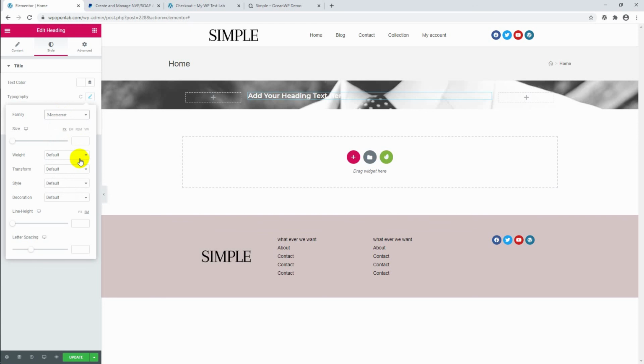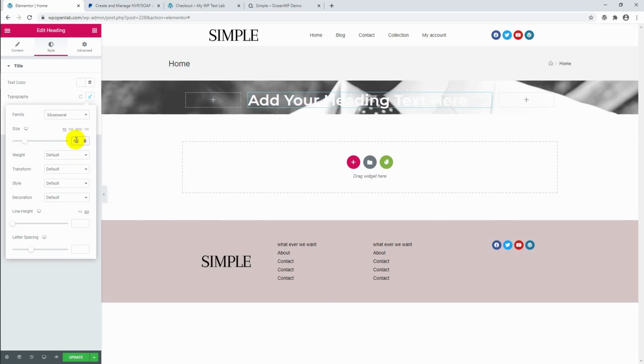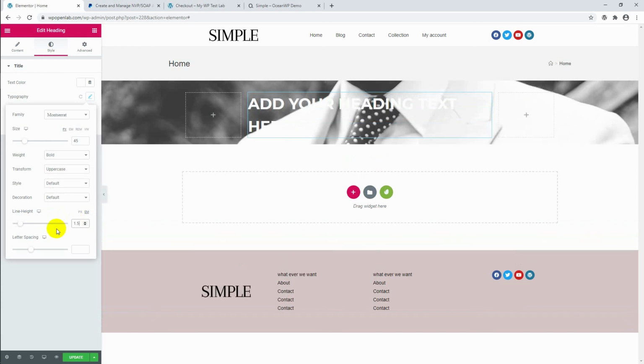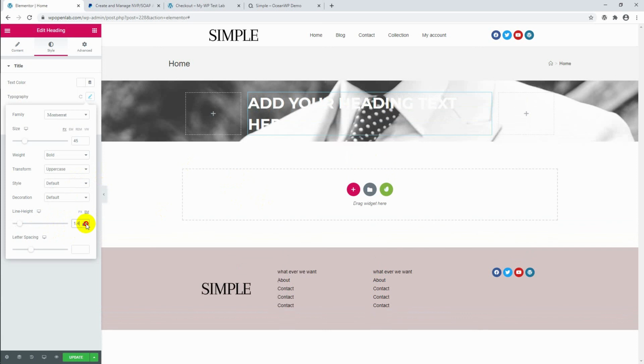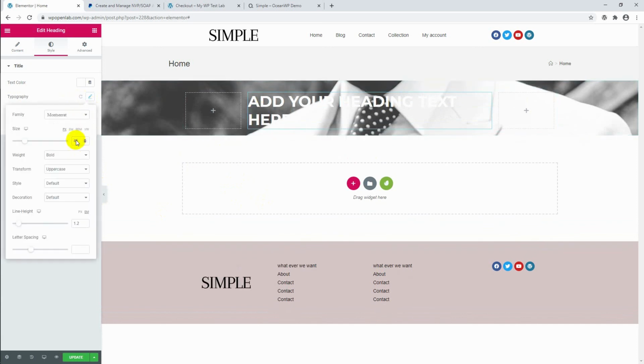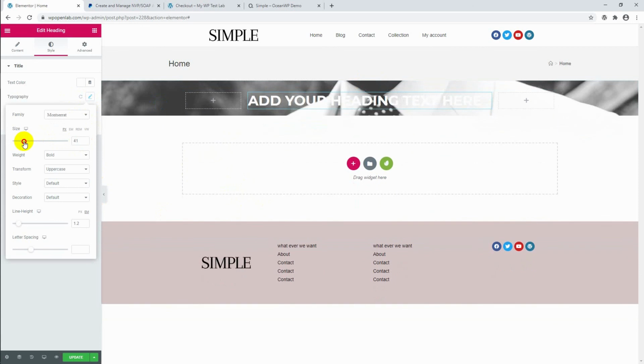Montserrat and give the size as 45 pixels, and the transformation could be uppercase, weight can be bold, and the line height is 1.5 em or less. We can decrease the size a little bit. Okay,